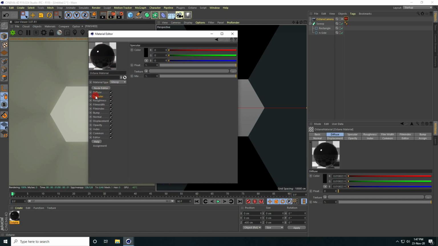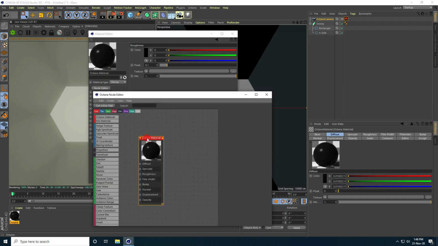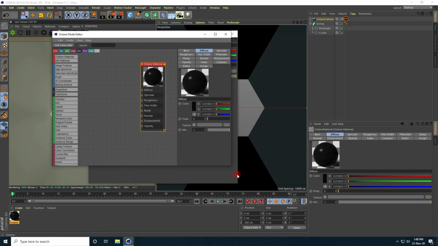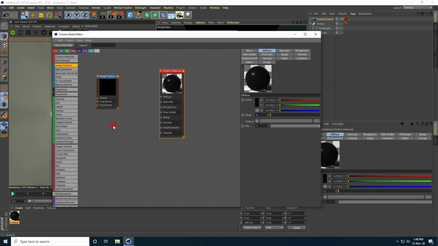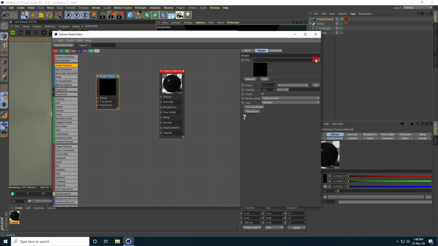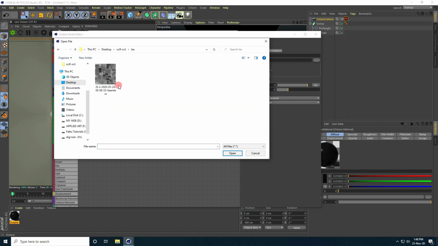And go to specular and change some settings. Specular size, change it to 0.25, and roughness I take 0.1. Yes, better, right? Okay, so I go to node editor, open it and increase the size like this. Go to image texture, drag and drop, and this time I apply the JS placement texture, this one.